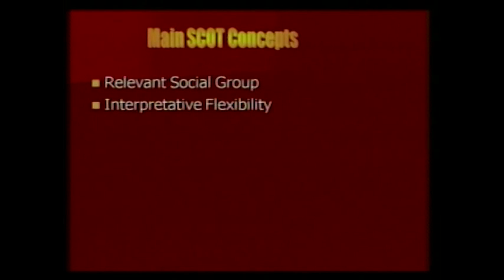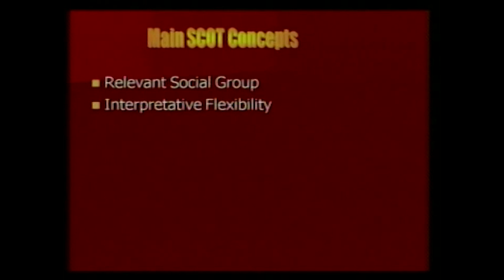So these are the main concepts in the social construction of technology. One of the key things is that there's a social group who share a particular meaning of a technology. We call this the relevant social group. When you do a study within this approach, the first thing you look at is the social groups around a technology and the meaning that they share of the technology. This only becomes really convincing when you work it through with an example, and that's what I intend to do in a minute.